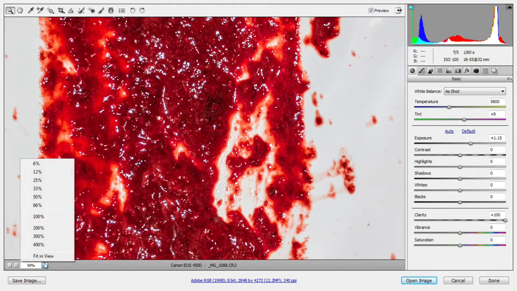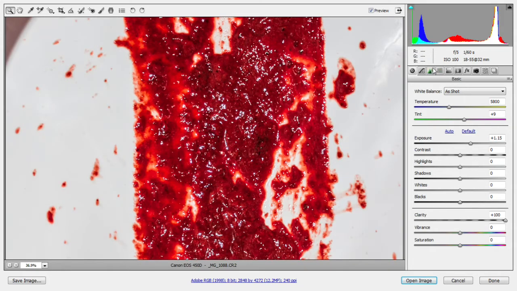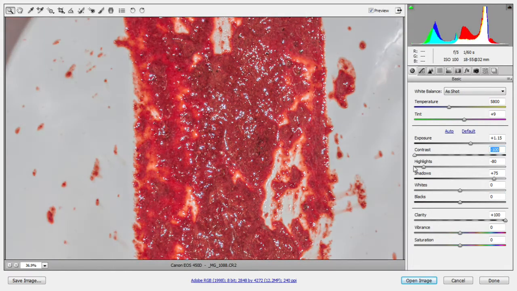Now, in order to continue with this, we must analyze the structure. Are these highlights too much? Well, we can always reduce the highlights a bit. You see, as you do, you get a little bit more softness. And when you add shadow, it just gives it that rich color of texture. Black, you don't really want to touch black right now because it ruins the image a little bit or too much. It's basically almost like using the contrast slider, but the contrast slider makes it look more ketchup-y versus